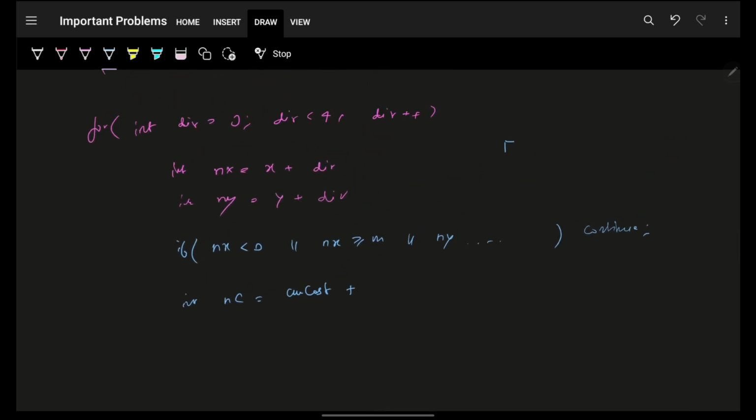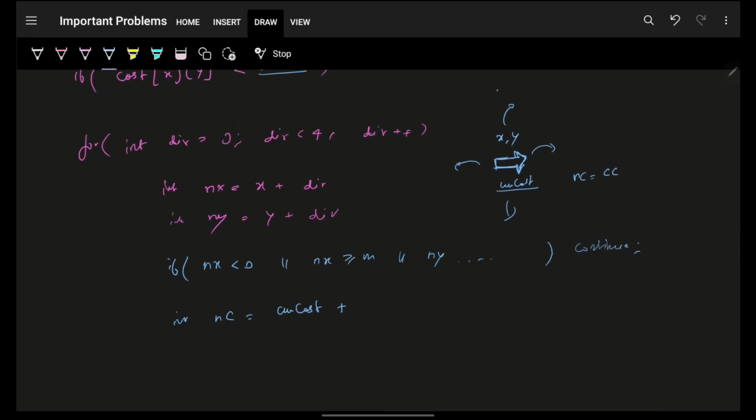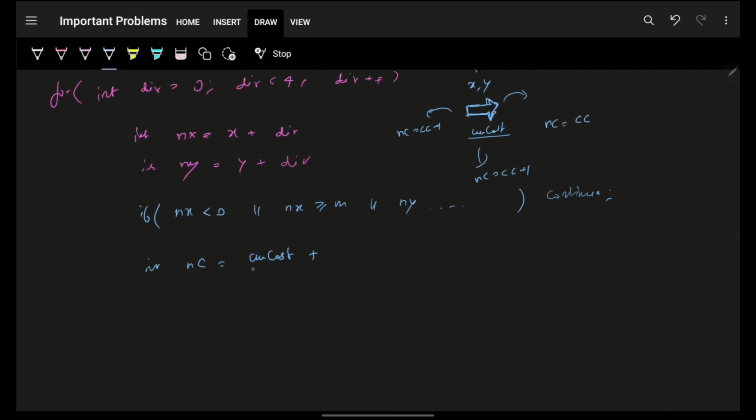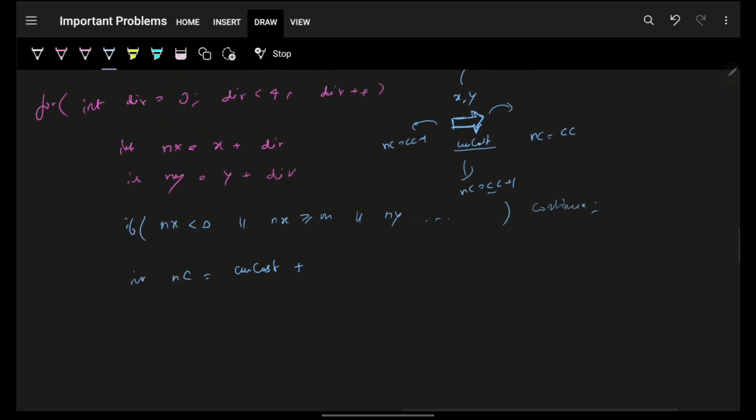Obviously we realize that for this cell, let's say x comma y, this is the current cost. Now I am going on to the next cell, which is the new neighbors I am going on to. I told you that if this direction is the same, then the new cost will be the same as the current cost. But here the new cost will be current cost plus 1. Here the new cost will be current cost plus 1. Here the new cost will be current cost plus 1. That is the reason current cost will be there. Obviously current cost is there,